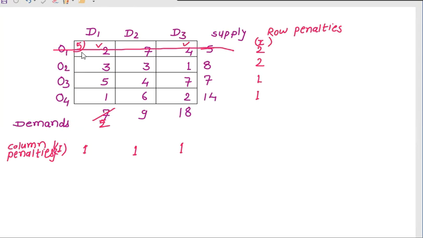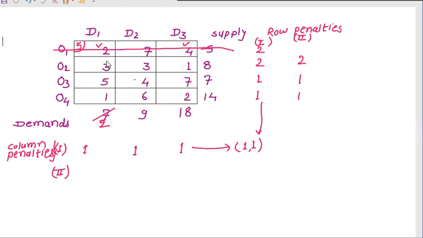We have made this allocation in the cell C11. So let us write down that the first allocation is made in the cell first row, first column. Now the second set of penalties. Now the numbers are the same, so the penalties remain the same. Difference between the lowest and second lowest is 2. Here also the difference between the lowest and second lowest, 5 minus 4, is 1. Here the difference between the lowest and second lowest is 1.